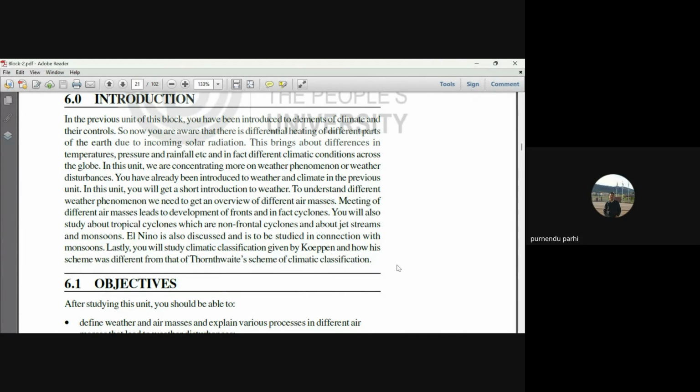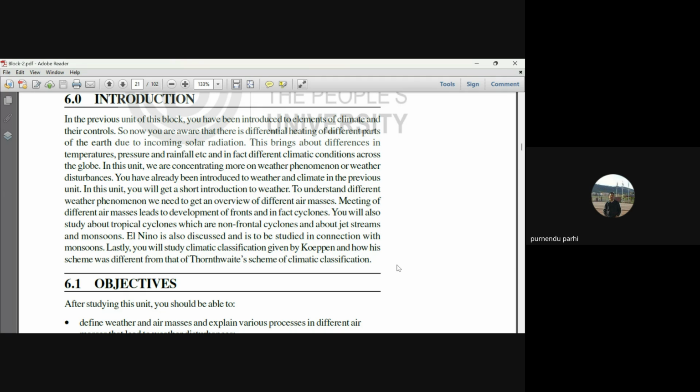In the previous unit of this book, you have all been introduced to the elements of climate and their controls. So now you are aware that there is differential heating of different parts of the earth due to the incoming solar radiation. This brings about differences in temperature, pressure, and rainfall, etc., and in fact different climatic conditions across the globe. In this unit, we are concentrating more on weather phenomena or